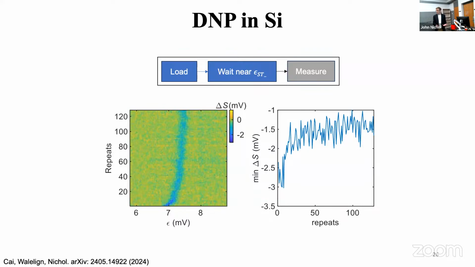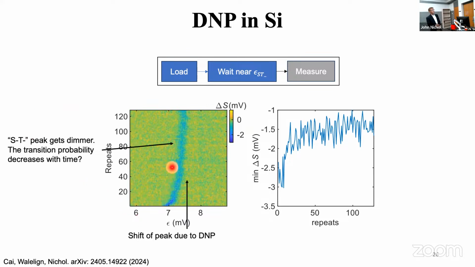All right, so you can notice a few things in this graph. First, this ST minus position drifts to the right as we do this process over and over again. So that's an indication that the magnetic field experienced by the electrons is changing as we do this experiment. Remember, where this crossing happens depends on the effective magnetic field. We're not changing anything about our superconducting magnet in this situation. The only thing that's changing is that we're repeatedly, we think, polarizing the nuclear spins. So this is an indication that nuclear polarization is occurring. We've checked that the shift is much, much faster than the drift of our superconducting magnet, for example,